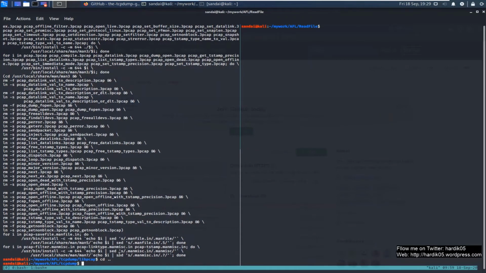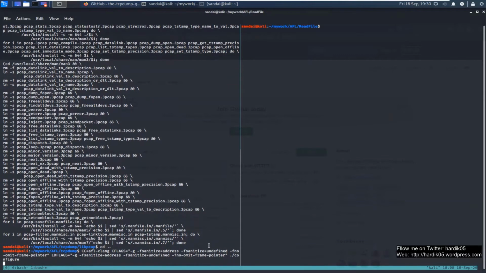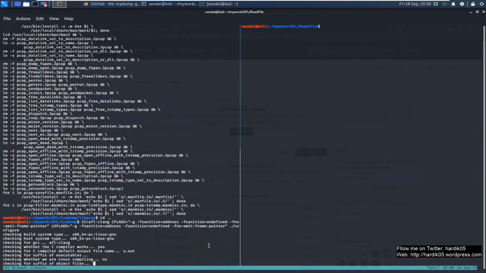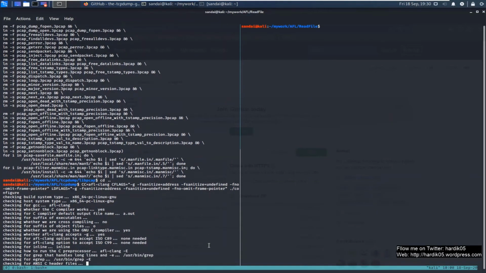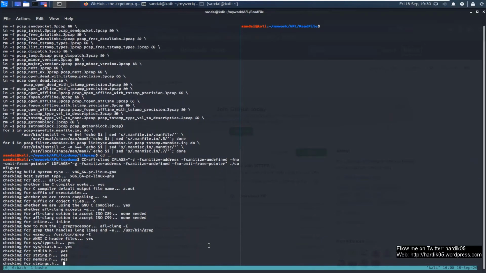Now let's go to our tcpdump directory and run the same configure command: CC=afl-clang, CFLAGS=-g -fsanitize=address -fsanitize=undefined -fno-omit-frame-pointer, and configure. Let's see if we are able to configure tcpdump on the system or not. I'm assuming that this should work now because we have installed all the missing dependencies over here.